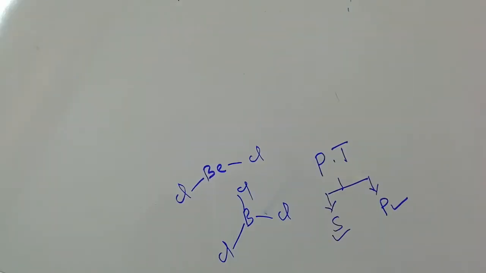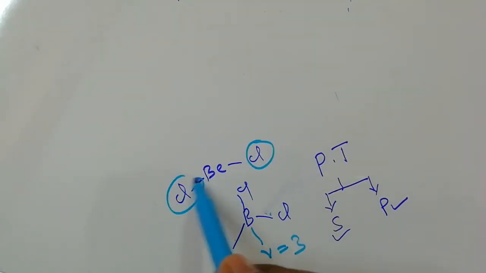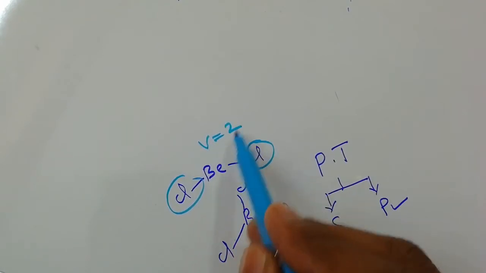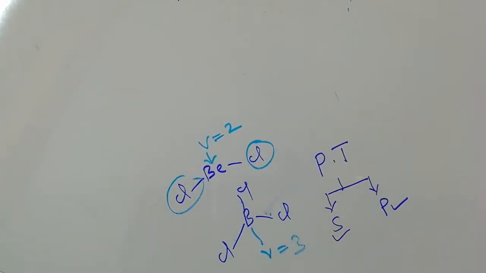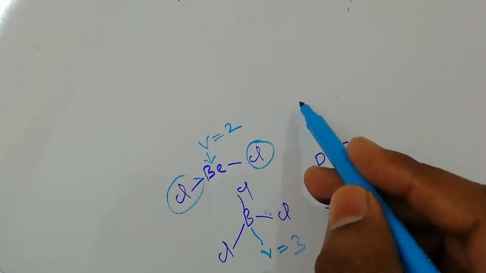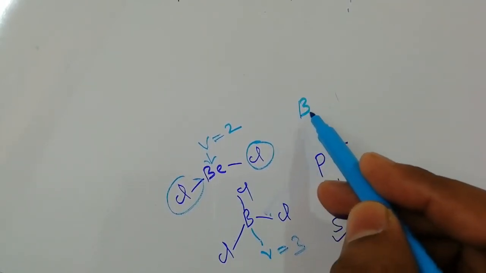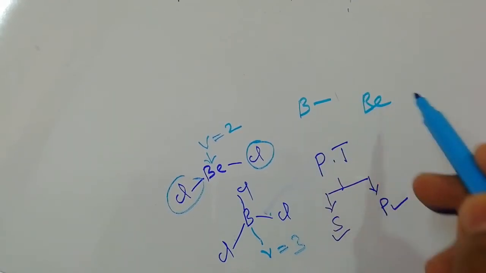So in the previous class I mentioned the definition of valency, that the combining capacity of an atom is equal to its valency. According to that, this boron combined with three atoms, so its valency is generally 3. This beryllium combined with two chlorine atoms, hence its valency is what? Beryllium valency is 2. By looking at the molecule we can say easily, based on the surrounding atoms. But if you look at only one atom, for example boron, what is its valency? Beryllium, what is its valency?